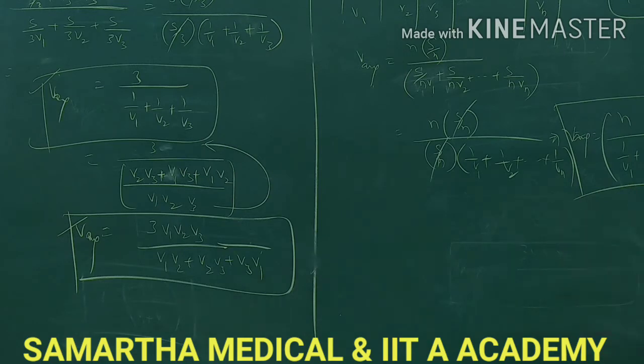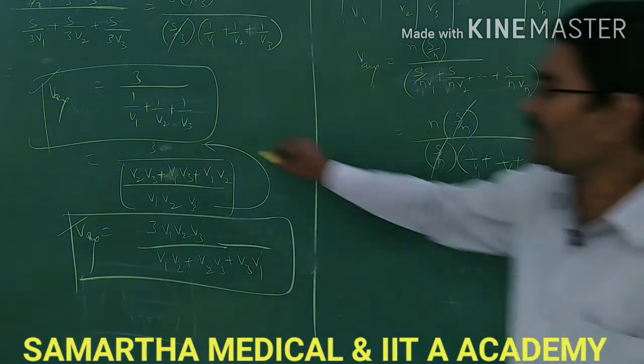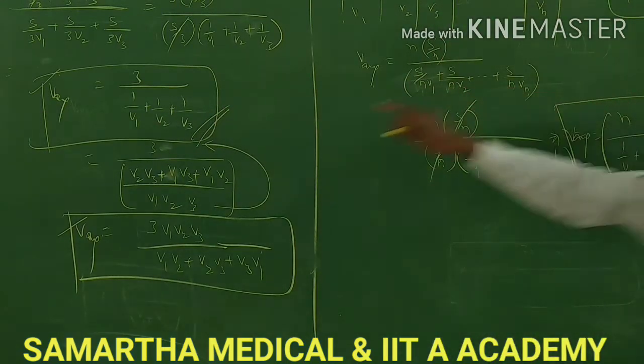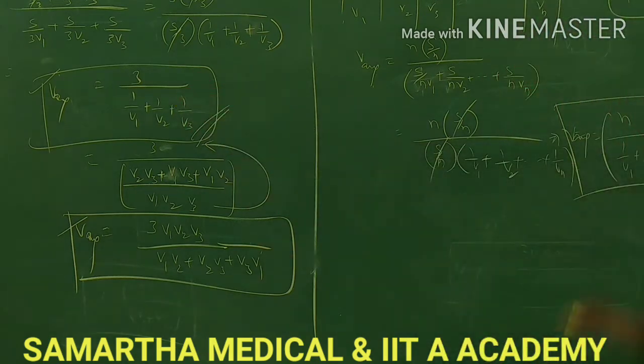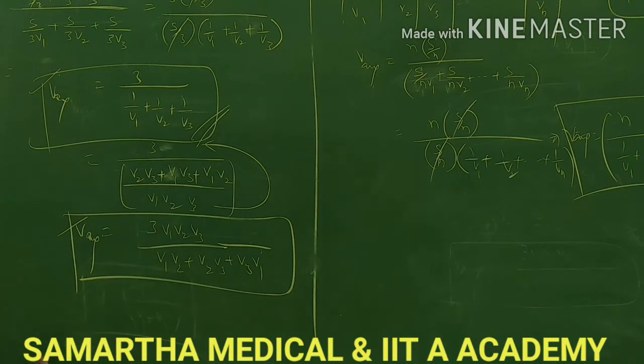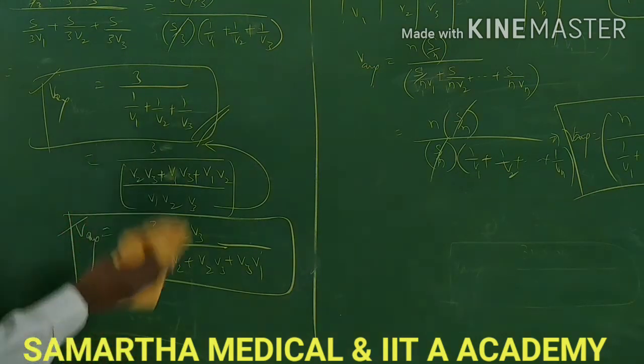You see here, for 2 intervals, for 3 intervals, for n intervals. So here n equal to 2, you will get this formula. If n equal to 3, you will get this formula. If n equal to whatever number you want, you can substitute and you will get the average speed. Okay? So this is how to calculate the average speed only when distances are equal. If distance is not equal but times are equal, then how? That is another case. Is it clear? Shall we go for next?